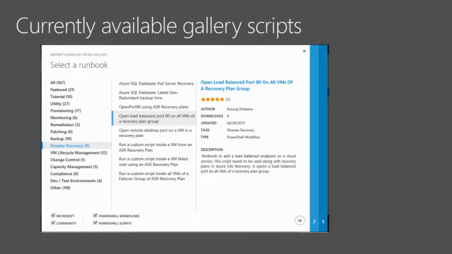Now, I talked about reusable scripts. Either you could create your own reusable scripts or you could import them from our gallery. What we have done is worked out the top recovery actions that you need to do and created scripts inside the gallery. So you go to the script gallery and you can import the scripts into your account. For example, we have a script that can be used to run inside all the virtual machines of a group to open a port